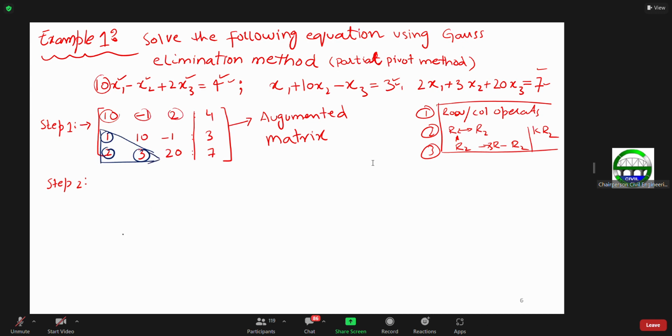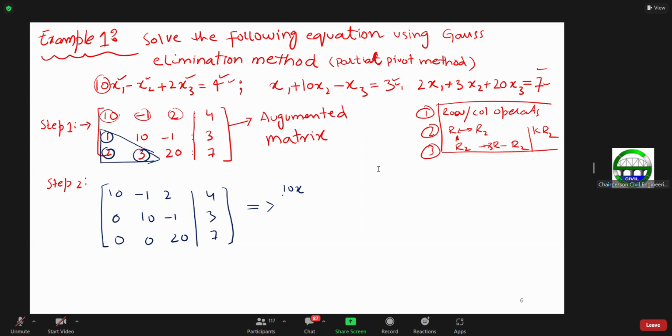Right? For example, if I make these 3 elements 0, like for example, after the row or column operation, it will be like, let's say, 2, 0, 10, minus 1, 0, 0, 20, let's say, and then this one will be 4, 3, 7, right? So our equation will become